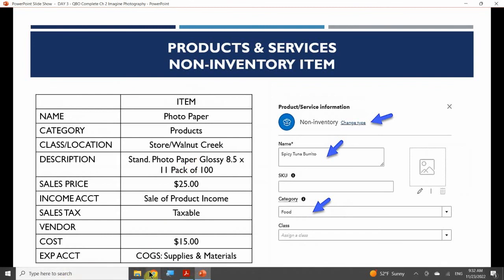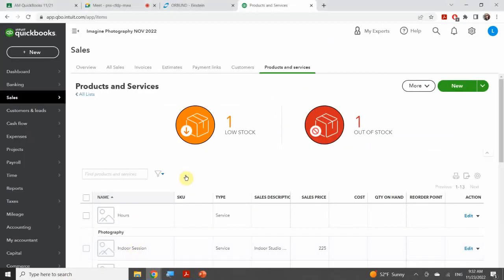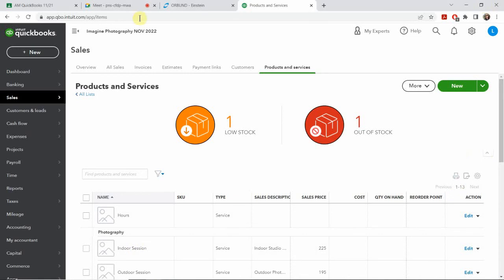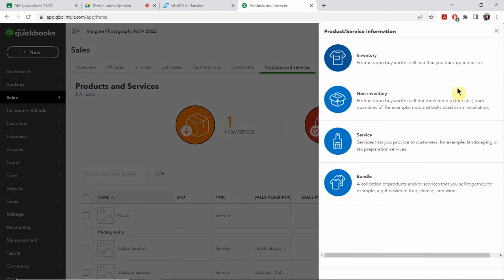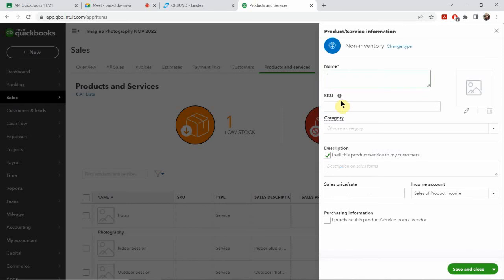So let's go ahead and create my non-inventory item. Once again, standard, right? How do I enter in a new item? I click that New at the very top right in green, okay? And now I select non-inventory item. And what did I say I was going to do? This is going to be photo paper, okay? No SKU number. It is going to be a products category,